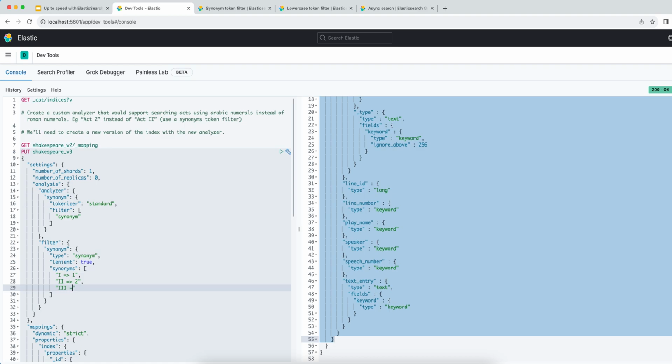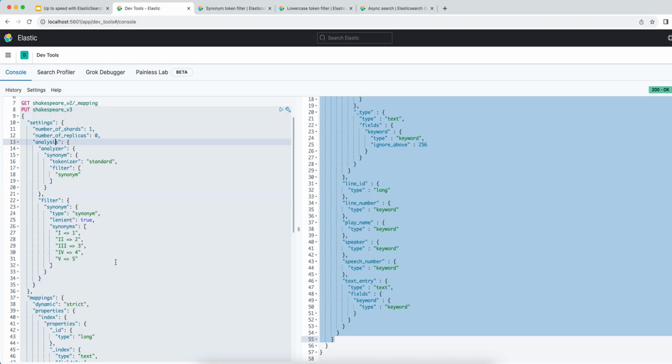Triple I to be synonymous with 3. Roman numeral 4 to be synonymous with 4. And Roman numeral 5 to be synonymous with 5. Okay, so this is going to add the analyzer to the index, and